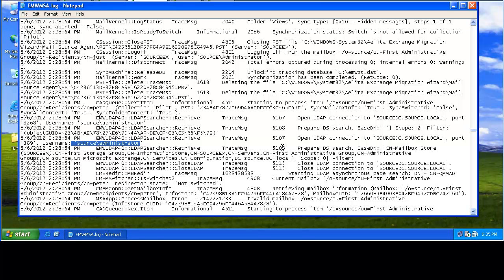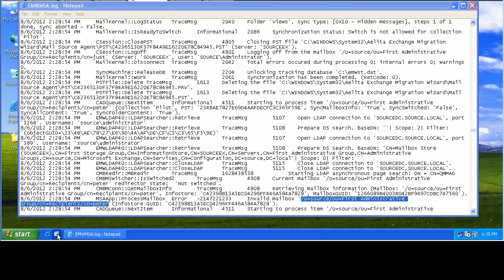Here is a quick summary again. If we see an error message in the log file, we will open the log file, we can find this error message, we will see the credentials the tool or the agent was using, we will find the name of the server where the mailbox is located, and we will find the legacy Exchange DN. We can copy this legacy Exchange DN,